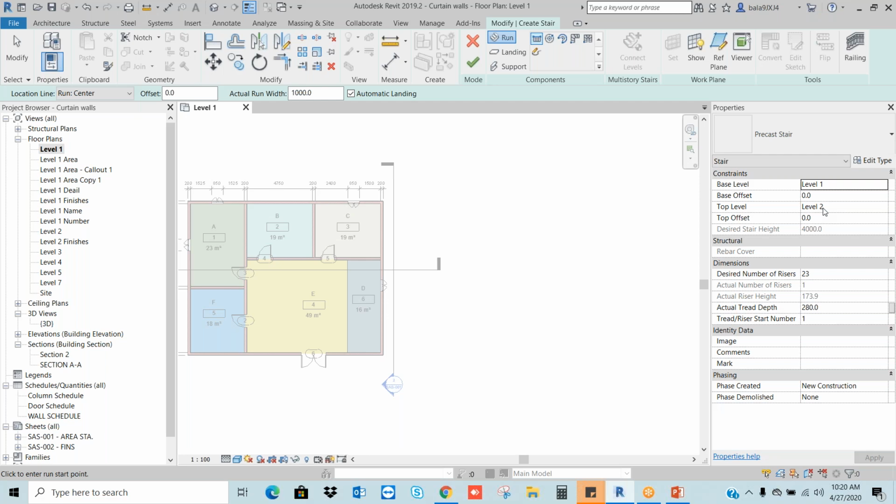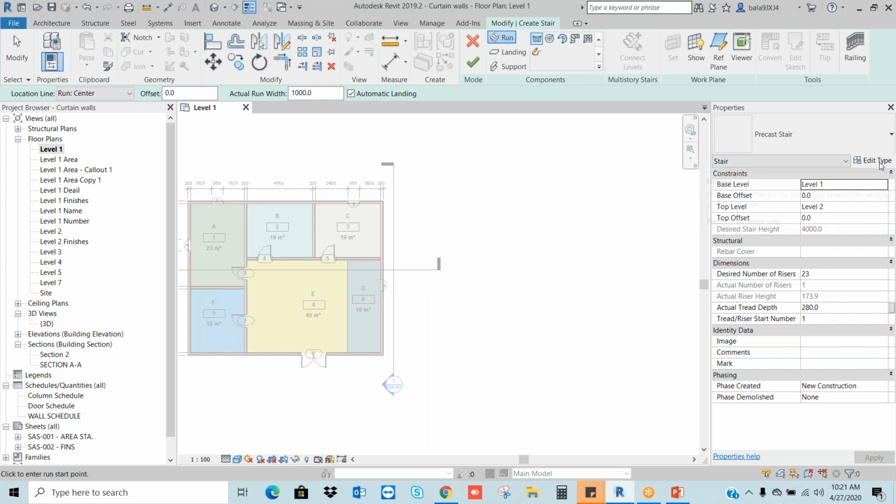We should think in the elevation, I mean height. So after choosing this base level and top level, here you can see the desired number of risers and actual tread depth and actual riser height. So according to this tread depth and riser height and the level height, it will calculate slope automatically and it will give the number of risers.